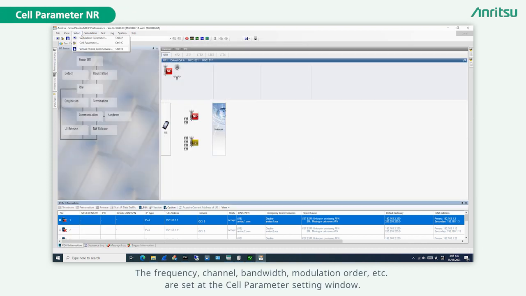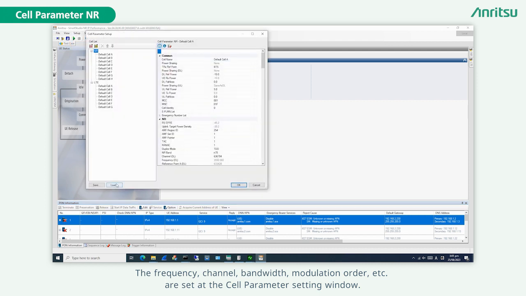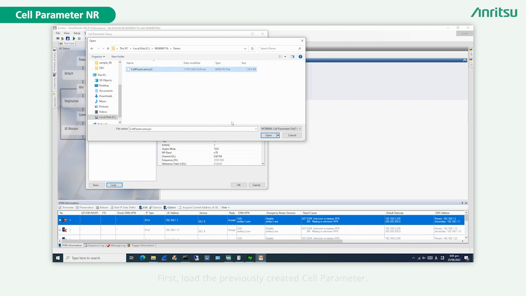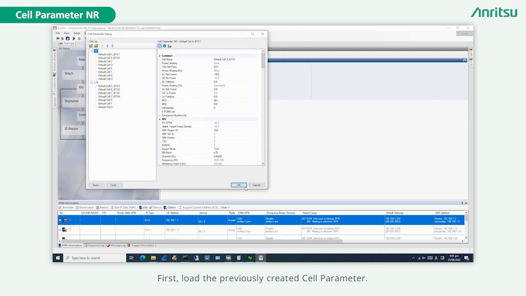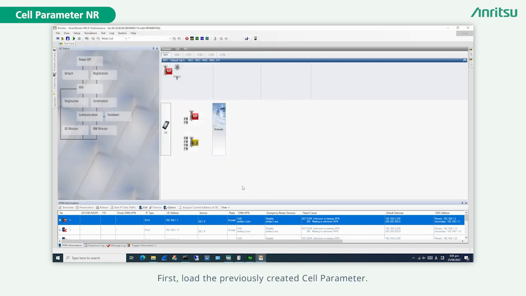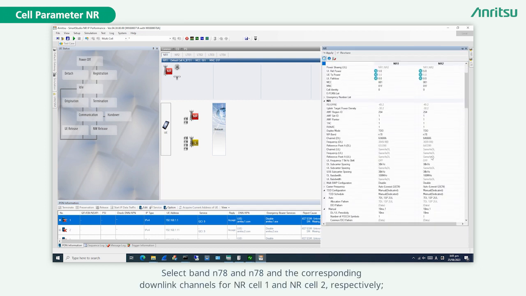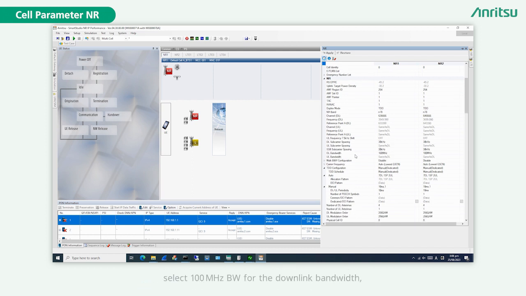The frequency, channel, bandwidth, modulation order, etc. are set at the cell parameter setting window. First, load the previously created cell parameter. Select band N78 and N78 and the corresponding downlink channels for NR Cell 1 and NR Cell 2, respectively. Select 100 MHz BW for the downlink bandwidth,